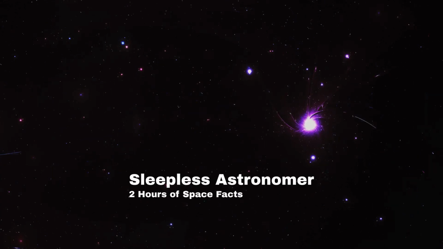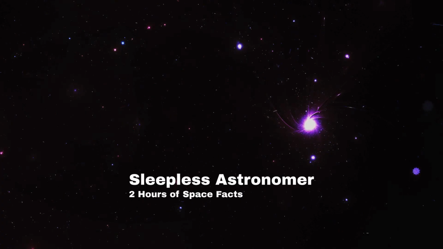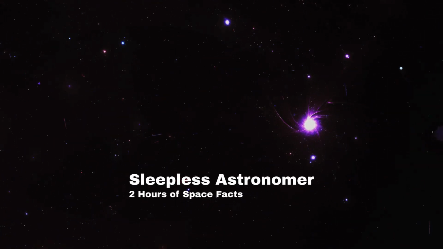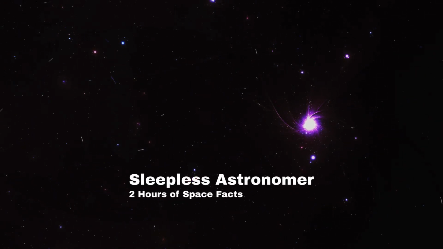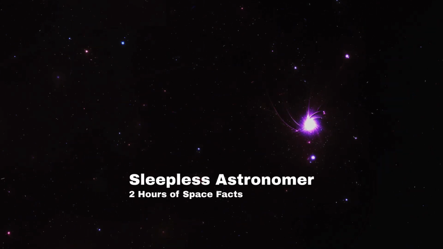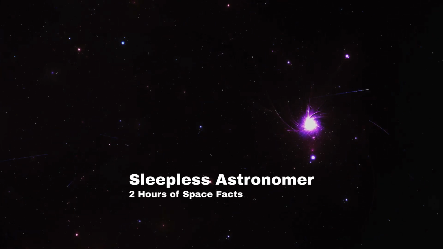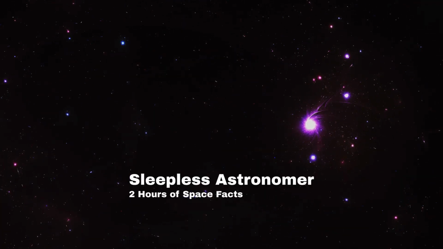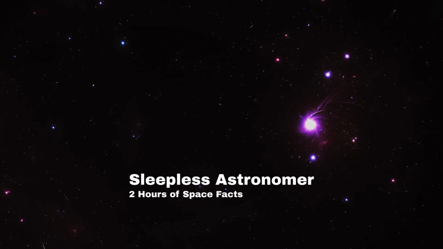A planet orbiting in the habitable zone of a red dwarf might orbit only 10 million kilometers from its star, closer than Mercury orbits our Sun, yet still maintain temperatures suitable for liquid water because the star is so much dimmer. The habitable zone also depends on the planet's atmosphere. A thick atmosphere with greenhouse gases can trap heat and keep a planet warm even if it orbits farther from its star than the outer edge of the simple habitable zone.